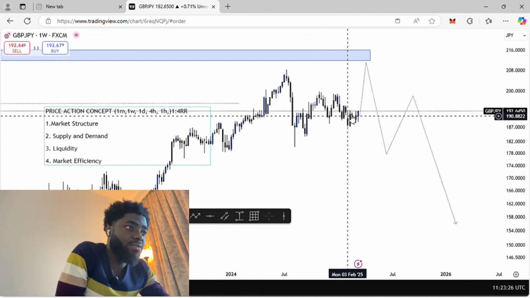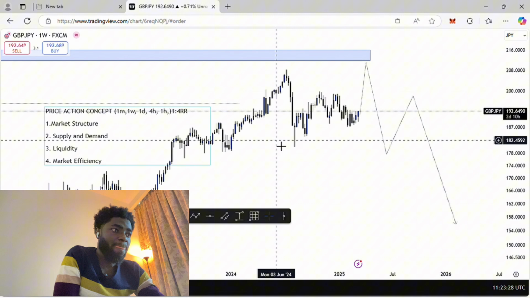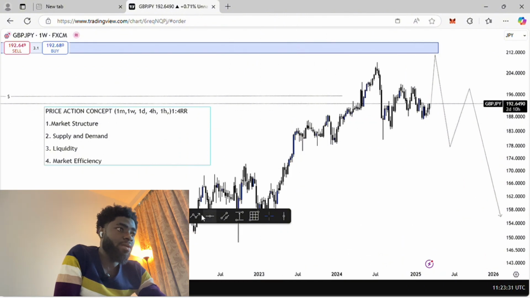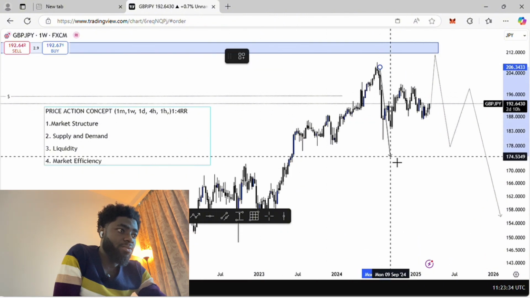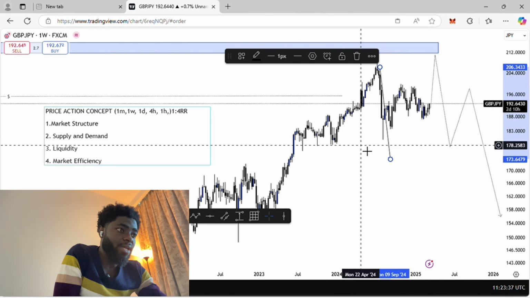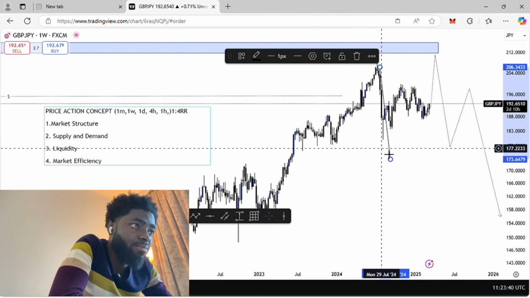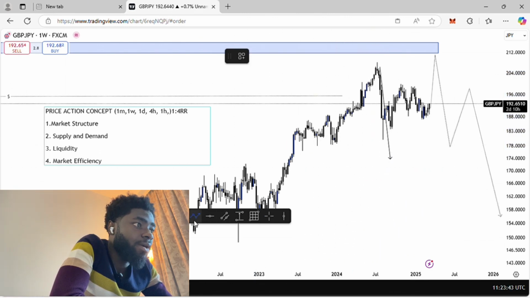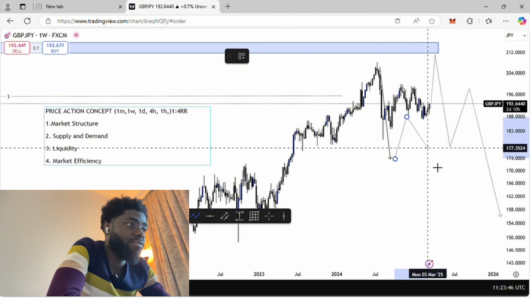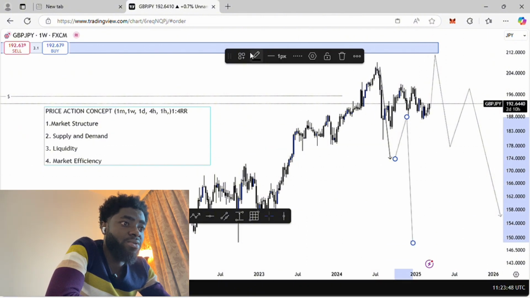You see now we are even pushing to the top side. If this pullback was able to break this low, then it would have been an opportunity for me to look for the pullback here and then sell it off. But since this low still holds,